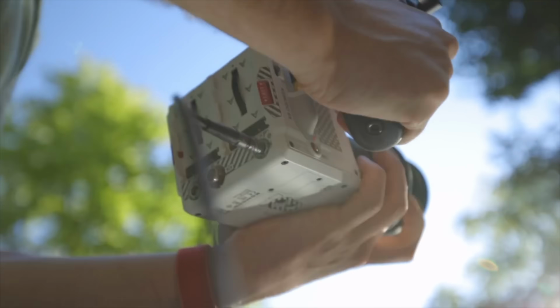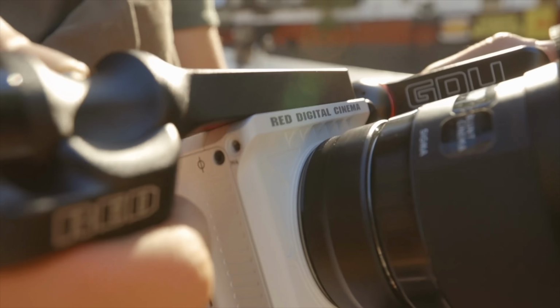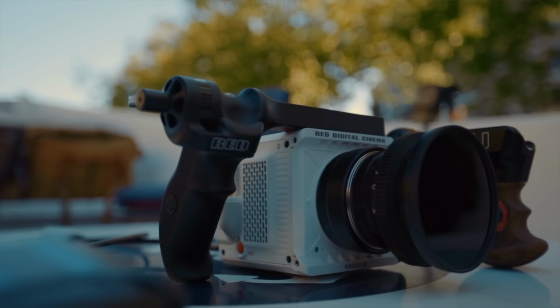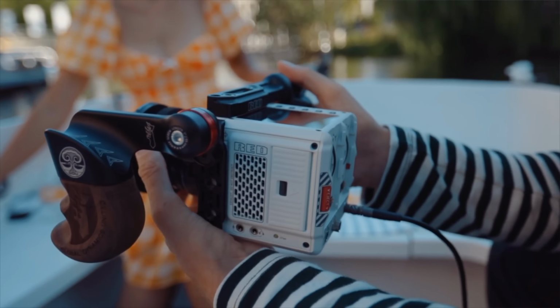And I realized that this is extremely versatile because you can adapt it to pretty much anything. I'm mostly still using older EF lenses, but of course the new Canon RF lenses are incredibly sharp. The biggest problem with them, there's not enough small lenses. So this is the 35 1.8. Most of the new Canon lenses are enormous and expensive. But if you're open to adapting glass, I think RF is really one of the best mount options out there